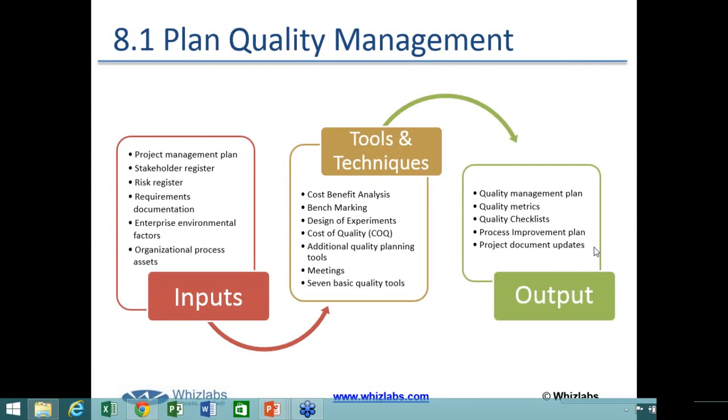If you remember in the earlier sessions, I was talking about process interaction, and I told you that in PMP, when we talk about project management, the knowledge areas or the process groups, they interact with each other. So the one output of a process,